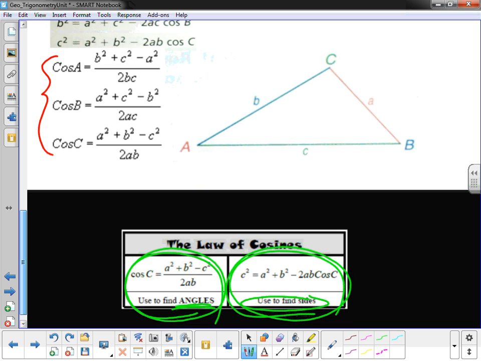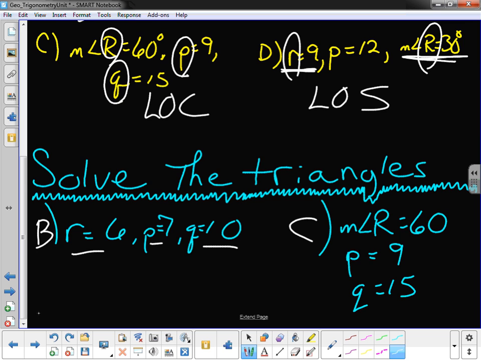Now look carefully at those. When I'm looking for the cosine of A, notice it's the A that gets subtracted. But when I'm looking for the cosine of B, notice it's the B that's being subtracted. And A's and B's are in all the other spots. Okay, so there's the basic formula we want to use. So now, on our problem that we have here,